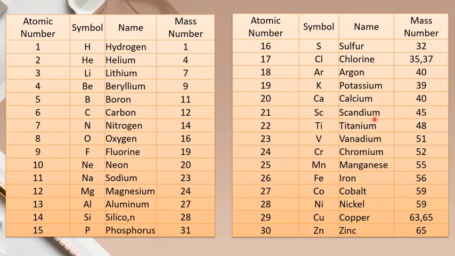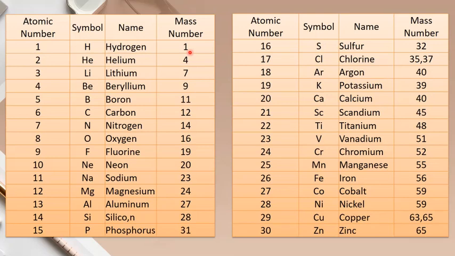Now, there is a chart of atomic number and mass number of some atoms. You will memorize this atomic number and mass number. I know you know the atomic number of atoms from 1 to 30, but mass number you didn't memorize. Here look, hydrogen, its atomic number is 1, but its mass number is also 1. That means what? Hydrogen, its atomic number 1, that means it has 1 proton, but mass number 1, how many protons and how many neutrons?